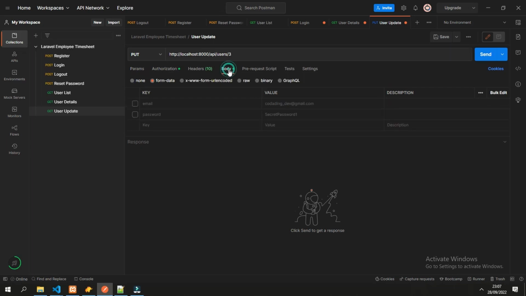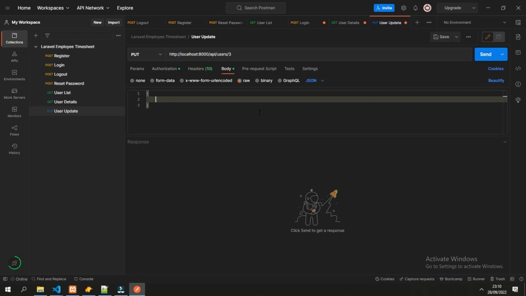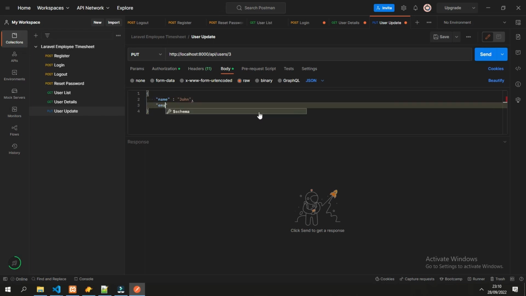And for the body parameter, we can send it in JSON format, so it require a name, for example John, and the email, for example new email. The ID is here to update the user number 3, and let's try to send the request.